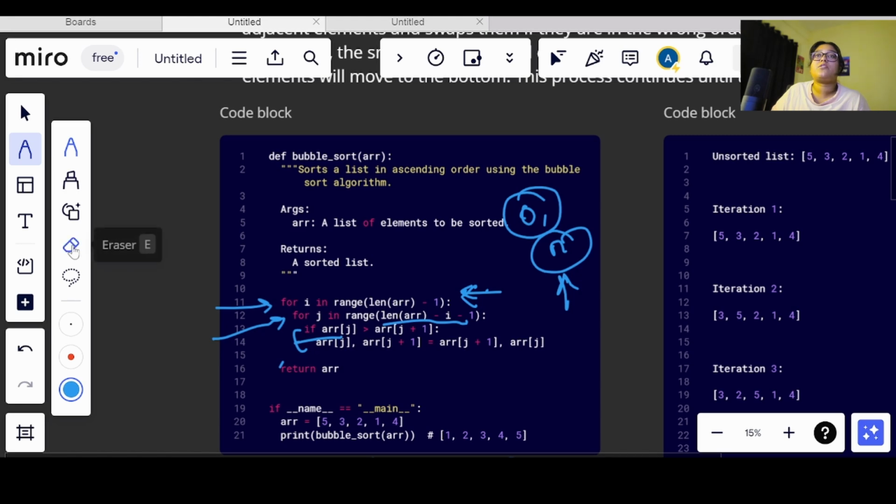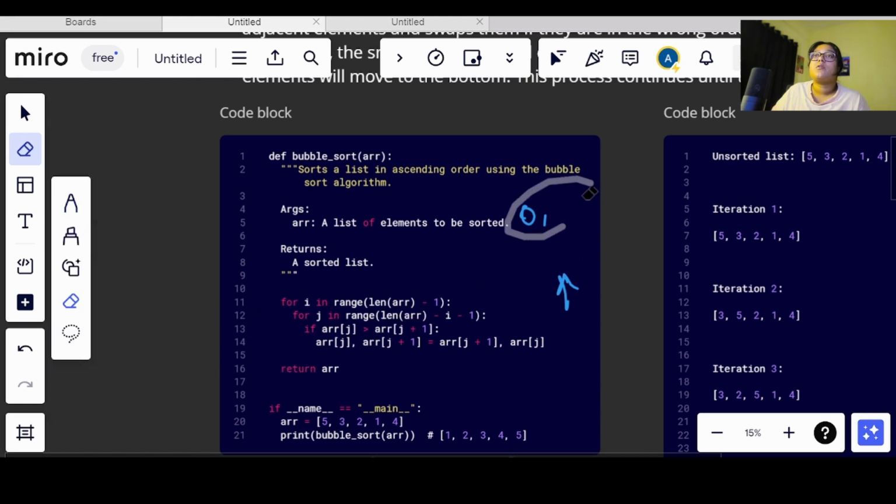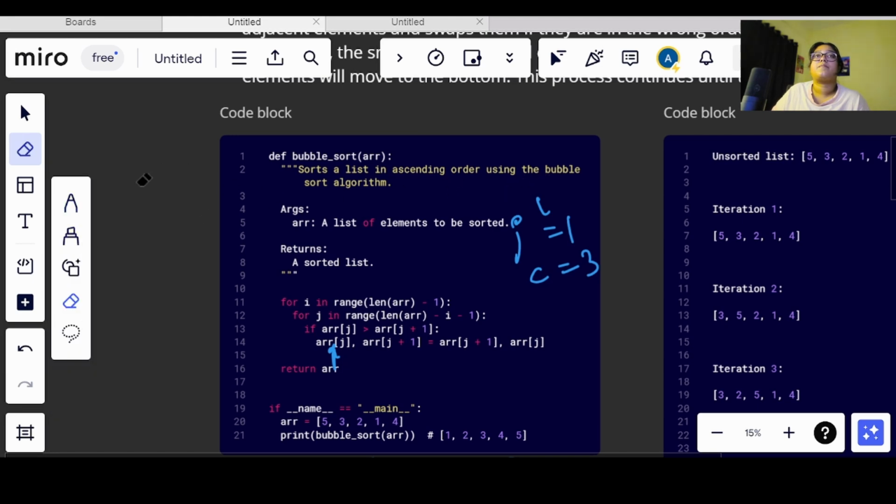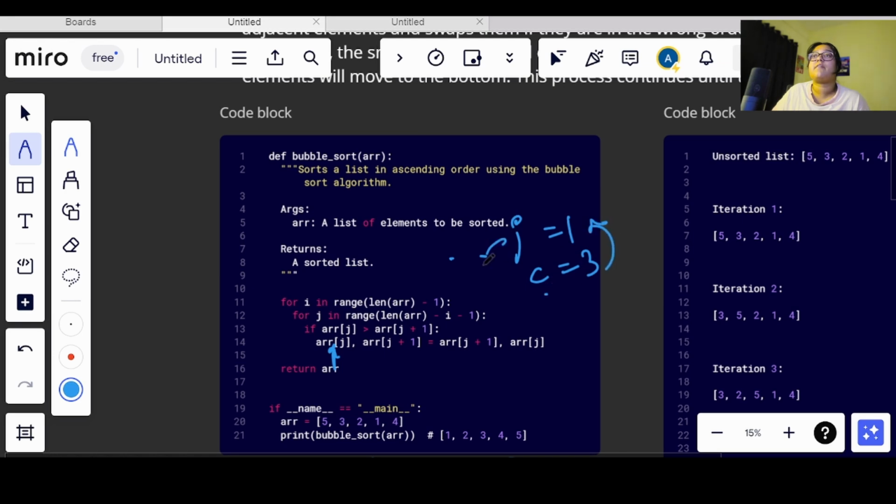Now we can swap the values this way. Let's say j is equal to 1 and c is equal to 3, and you want to assign this c value to j and the j value to c.